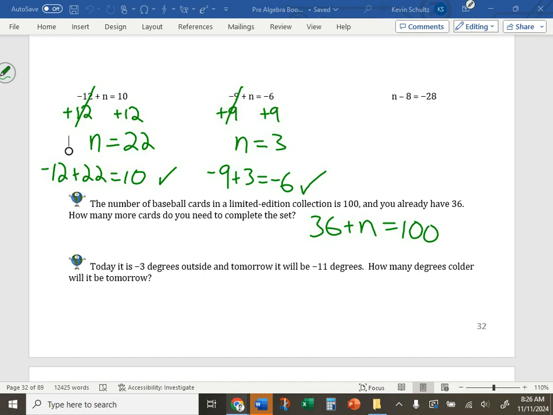Yes? Is this enough work? I did the opposite. Yeah, so I need to see the opposite operations on both sides. Okay? Don't just write the minus or the +9 on one side but not the other side. You need to show me what you're doing on both sides, because otherwise I don't know how you get from -6 to 3. Right? Is it magic? Is it sorcery? Oh no, I added 9 to that. Right? You have to show me that. Right? This isn't a tremendous amount of work